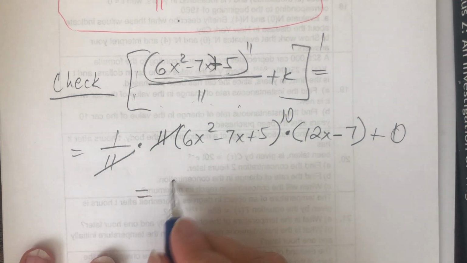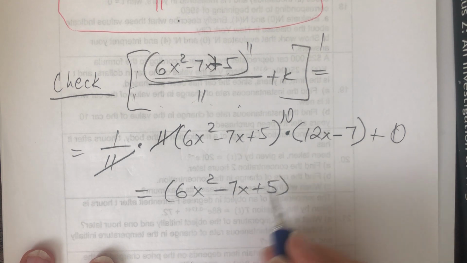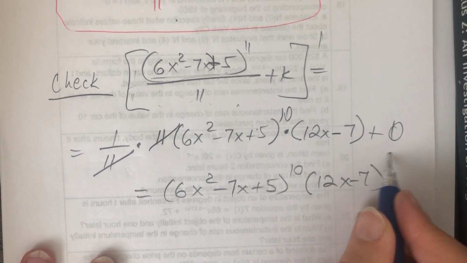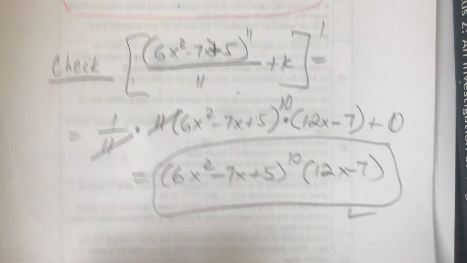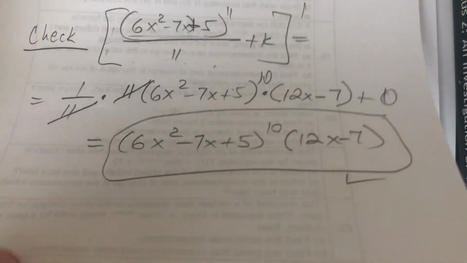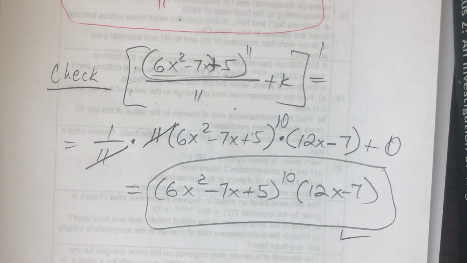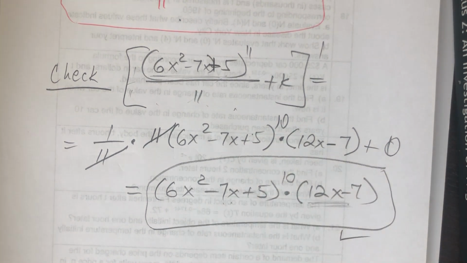It goes away, and that's just left with this. So was this the function whose antiderivative we had to find? Yes, it was. Okay, so that's how the chain rule backwards works. Again, remember, you must see a product and you must have as one of your factors the derivative of the inside